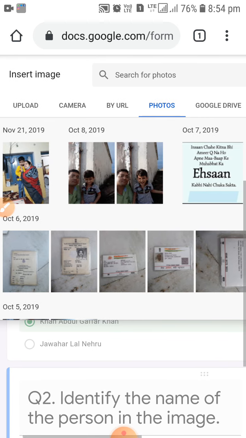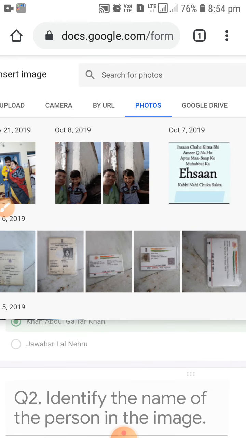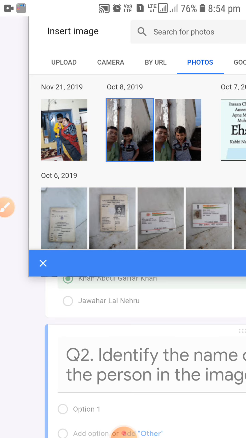So it all depends upon you what you want to add. Suppose you want to add some image, whatever you have in your mobile, you can add such images also. These are the voter cards in my mobile. Suppose I want to add this image, for example, I am just showing you.